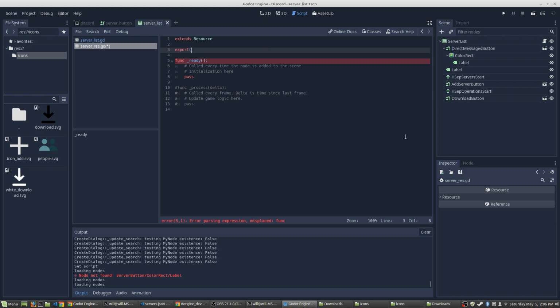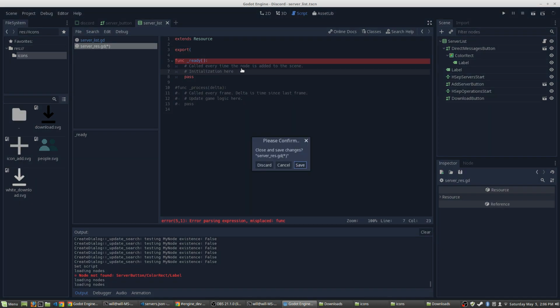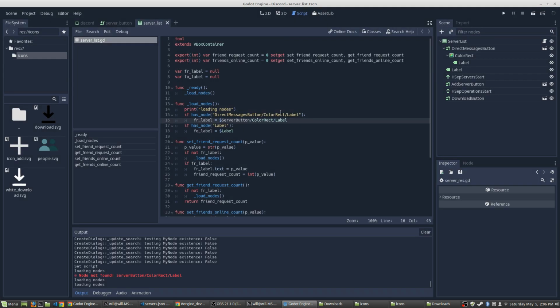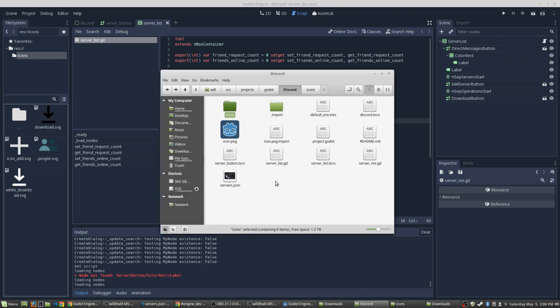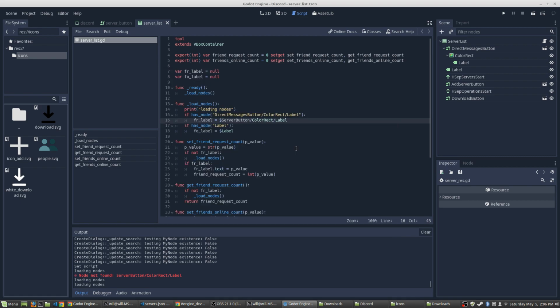Okay, so we can get rid of the script because we're not going to use it. Discard. Did I ever save it? I guess I did not. Icons, Discord. I thought I did. Yeah, server res. There we go. Servers JSON, serverlist.gd. Okay, this stuff all looks right. Okay. Alright, so